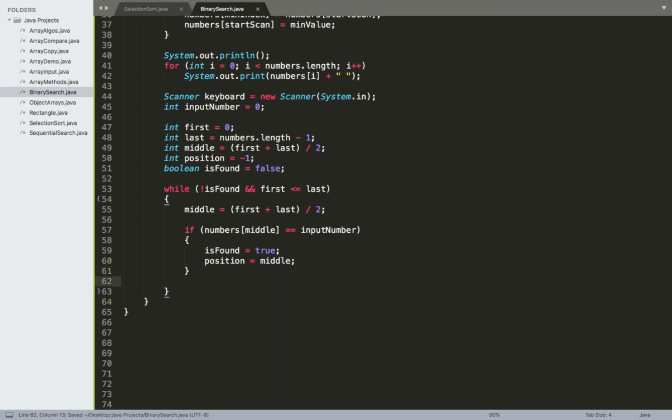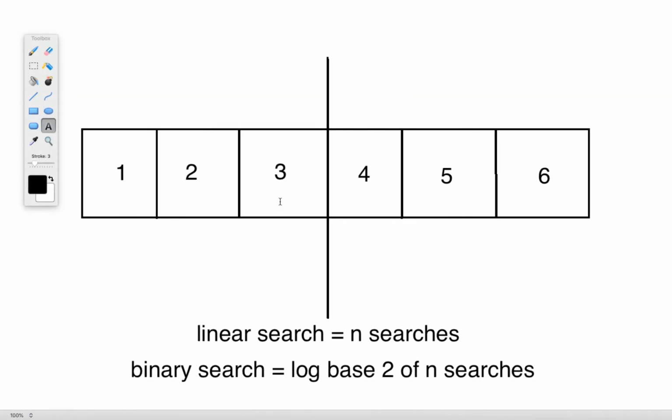Otherwise, if we encounter either of these two conditions, whether it's greater than or less than, let's say if the value at the middle is greater than our input value, so we'll say numbers middle is greater than our input number, then what we need to do is adjust one of those two endpoints, either the first or the last. In this case, if numbers middle is greater than our input number, so if we look over here for an example of this,